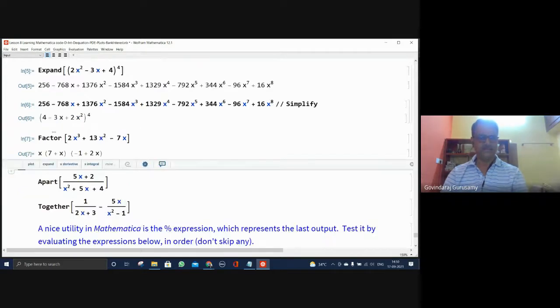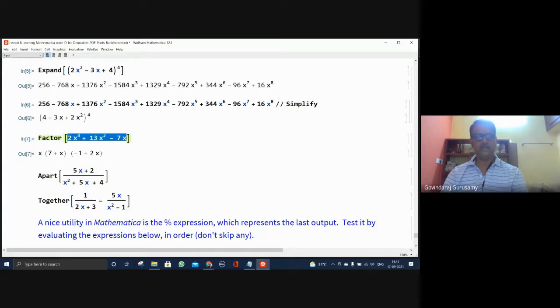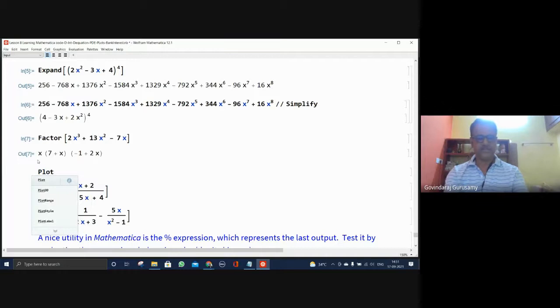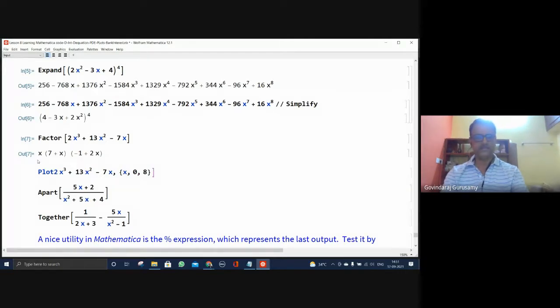And all this information is available. Let me try to show you by plotting this function as a function of x, going from say 0 to, let me try up to 8, and check what is happening to this equation. Plot x, 2x. So we have a bracket here.